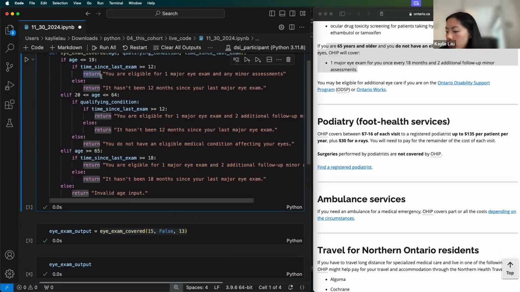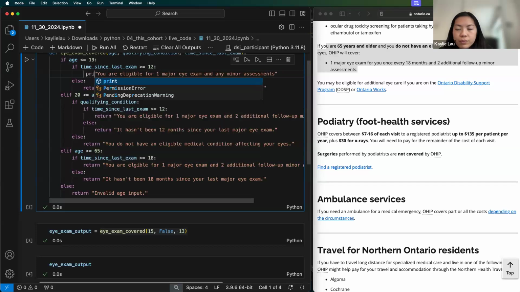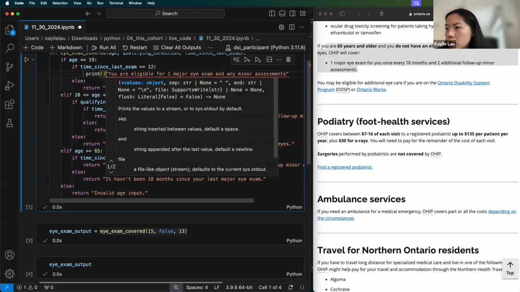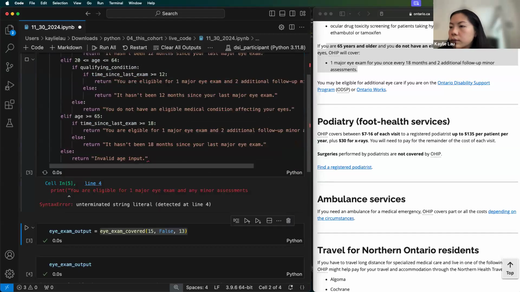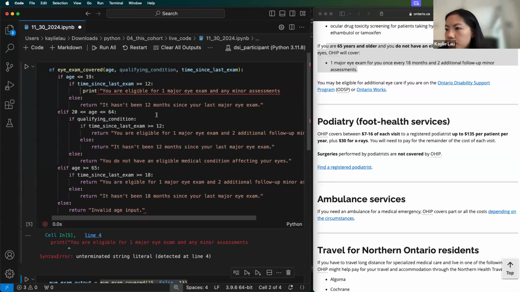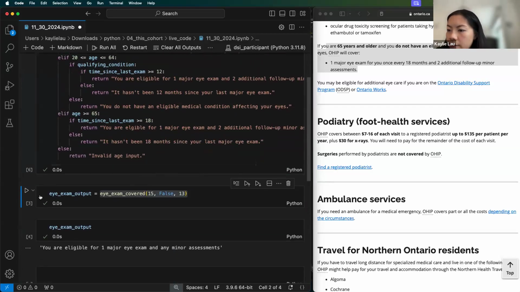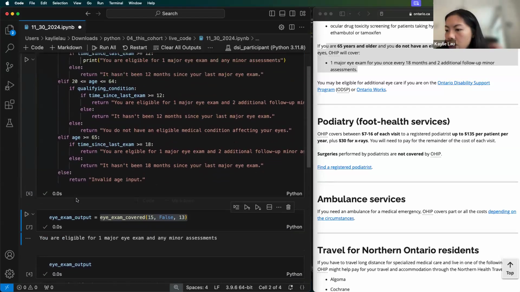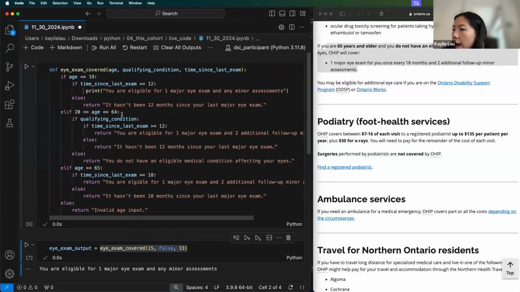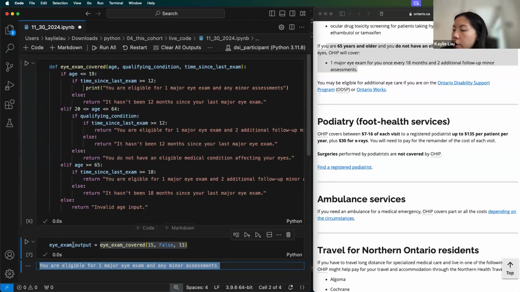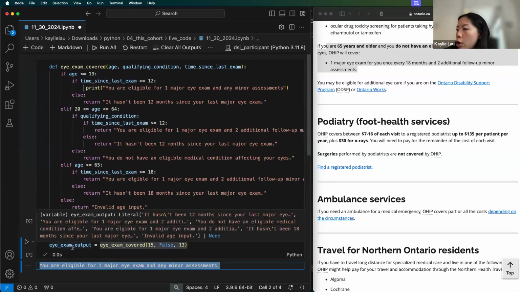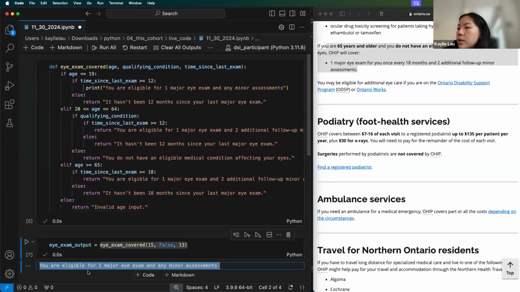The difference is when I have print, oops, sorry. Okay. If I go ahead and run this now, we'll see when the function is called, it actually prints out that value. So this is what I'm getting. It's printing out that value. However, it doesn't actually return an output. It returns that none,